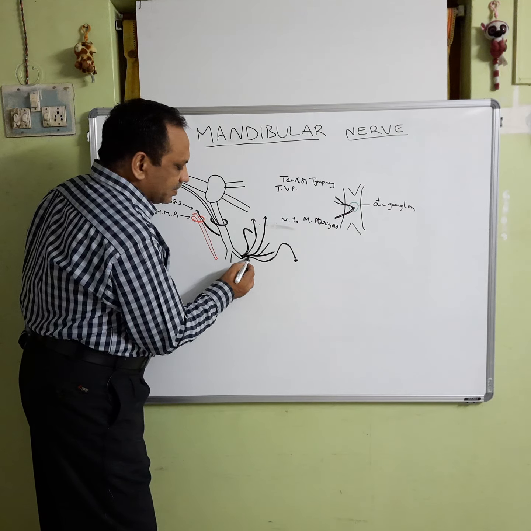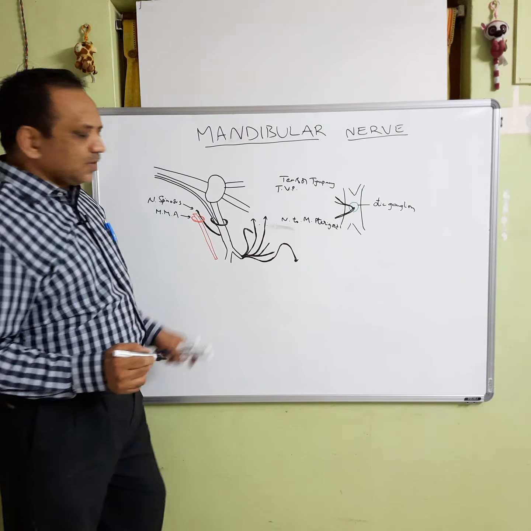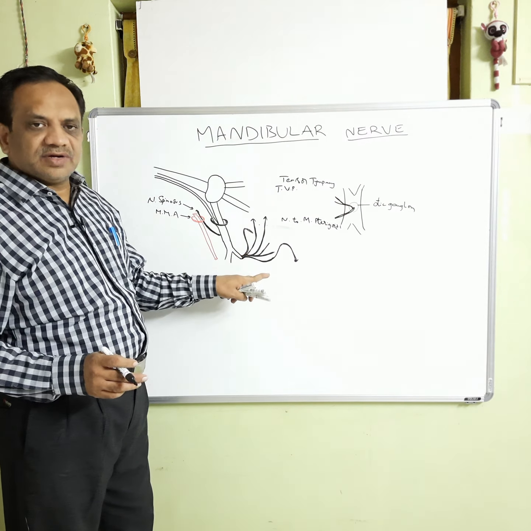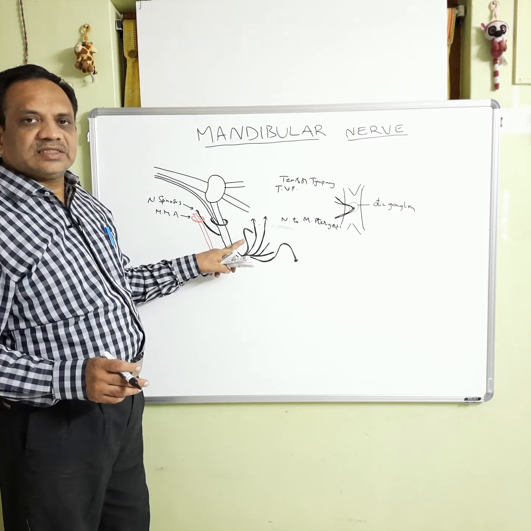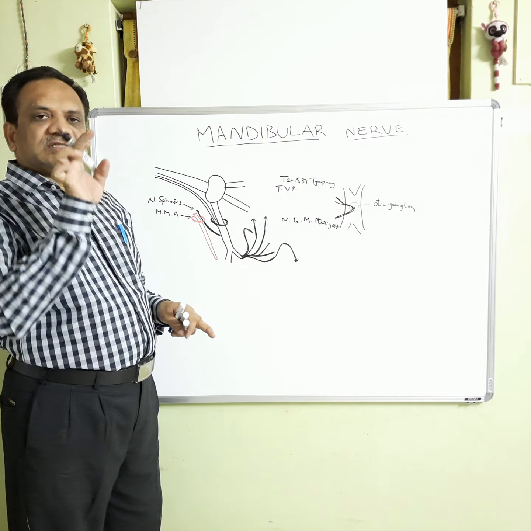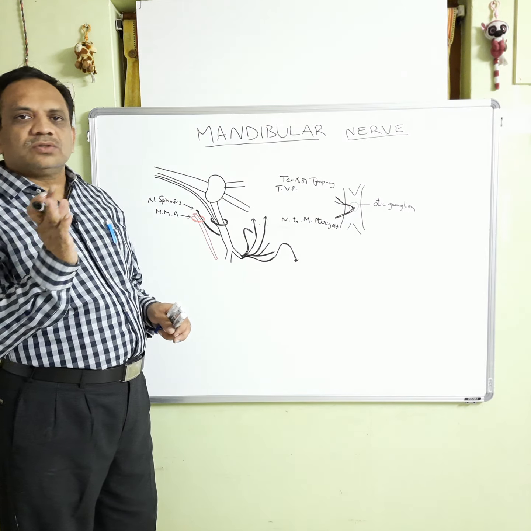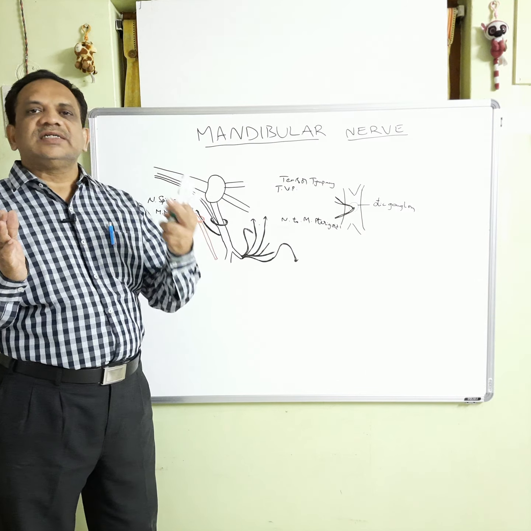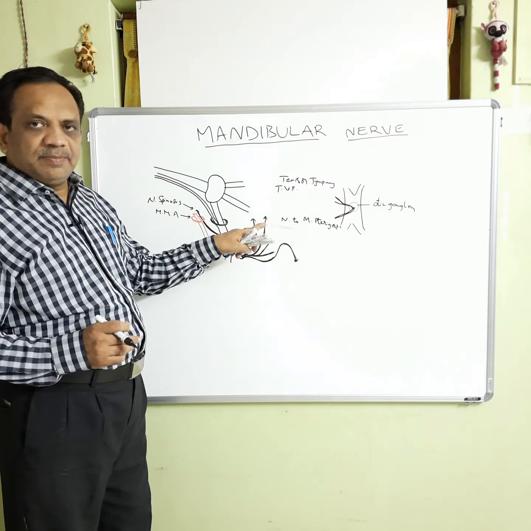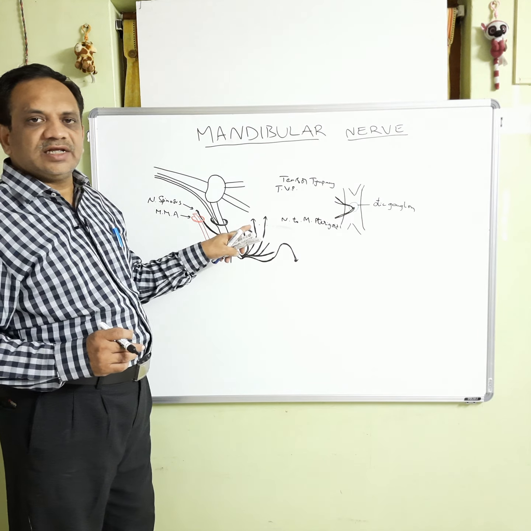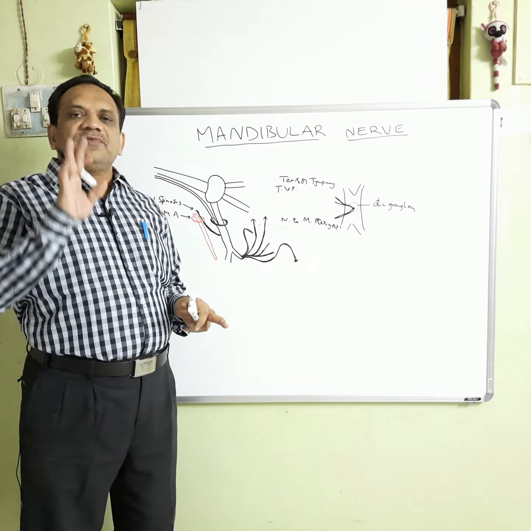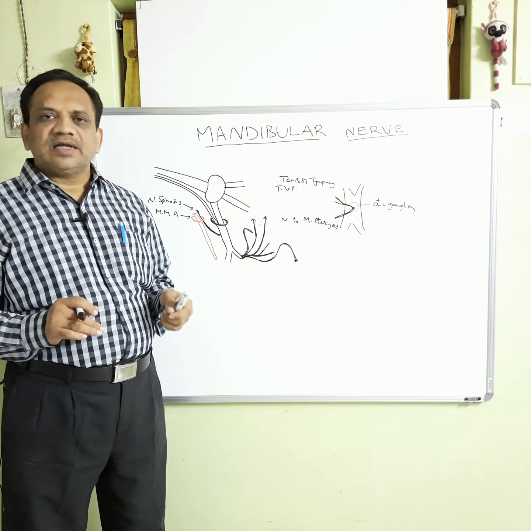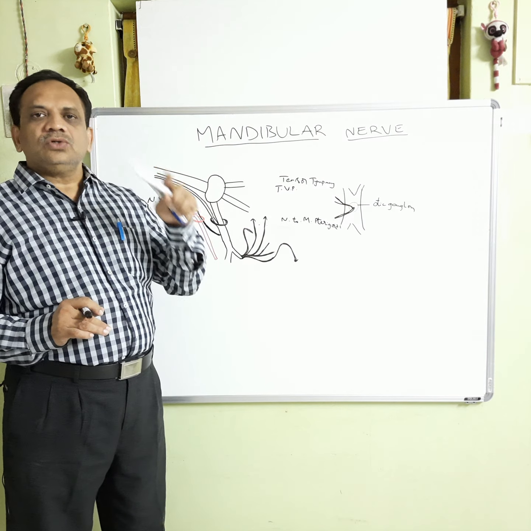These are the branches of the anterior division. So we'll just recollect once again. The anterior division gives three motor branches and one sensory branch. The first motor branch is the masseteric branch, which ascends up, turns laterally to emerge out through the mandibular notch. Then it supplies the masseter muscle from its deeper aspect. There are two deep temporal nerves, one anterior and one posterior. They ascend up, emerge from the upper border of the lateral pterygoid muscle, and pierce the temporalis muscle from its deeper surface to supply it.